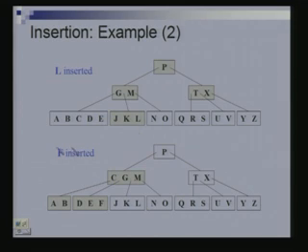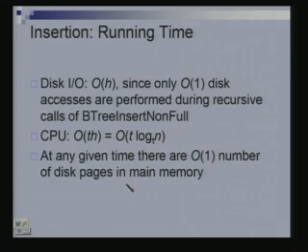Now, let us say when I try to insert F, I come here, this is not full, so I can continue, this is not full, so I can continue, then I come here, insert it here, split it, and one guy gets promoted here. The fact that this was not full lets me accommodate an additional key here without causing a ripple effect in the splitting process. So in some sense this is like a one pass. In just a single pass we have accessed all the nodes of the tree and did whatever splitting needed to be done.